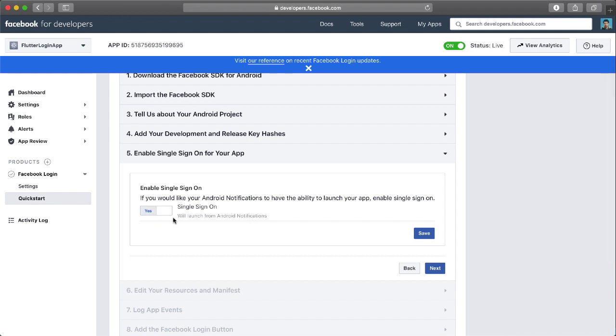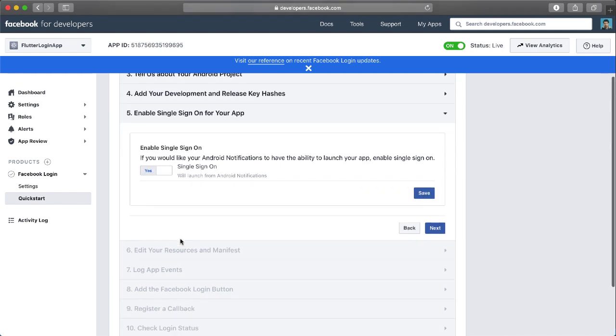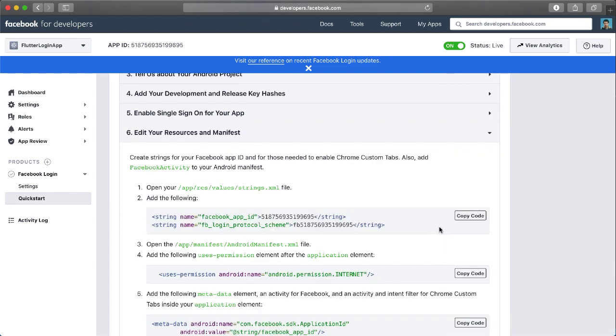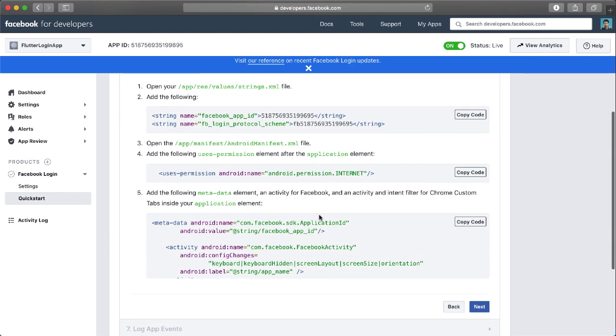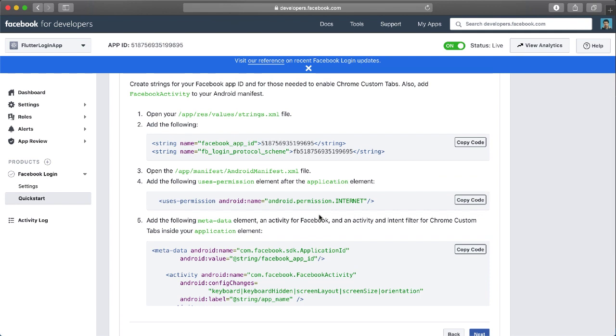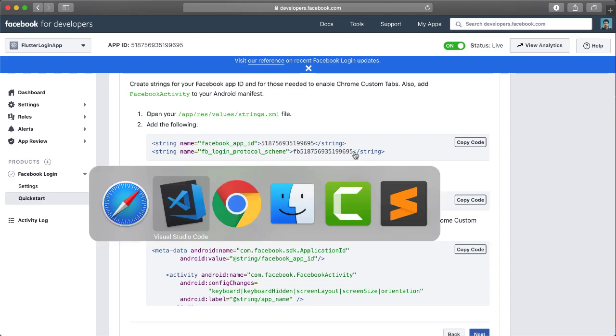Okay, if you want you can enable. It's not important, and next, and there is all of that is important. Please copy this. Okay, and going to